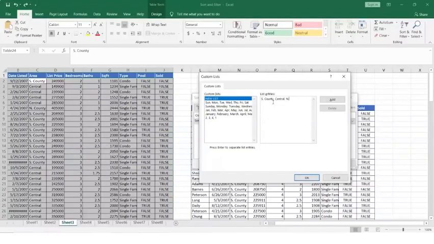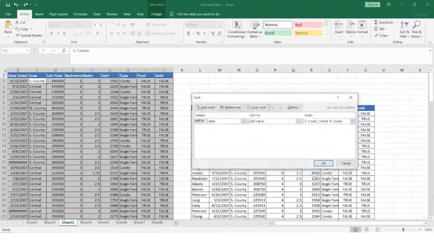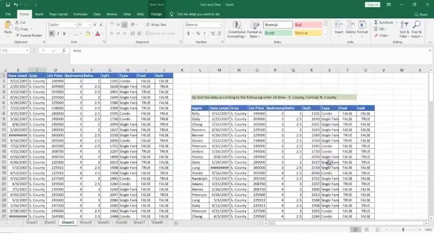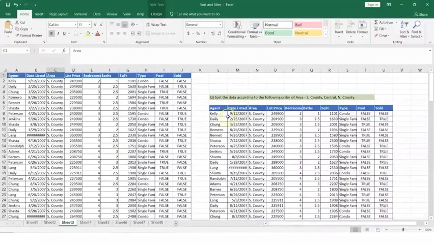So let's select this as it exists. We can basically say add, and that's basically the order which we want. Say OK, and then say OK here. And now what we would want is we would want our data, so we can compare that with the values which we see here. It starts with Kelly. You have in the 12th row something like Lang,